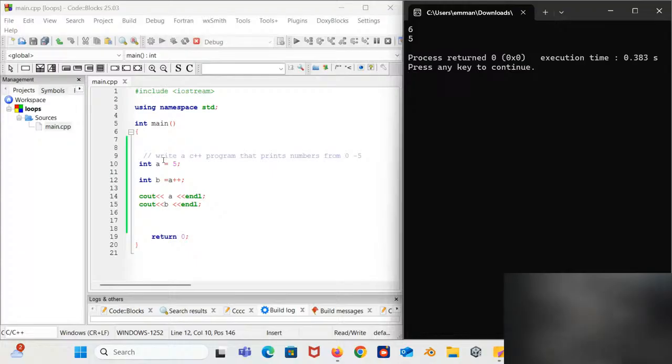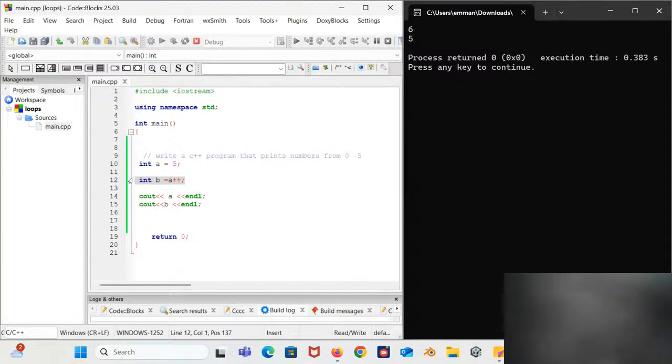But for the second one, what is happening? You can see here that for the second one, the value of the variable is the original value, right, of the variable, which is 5, right?